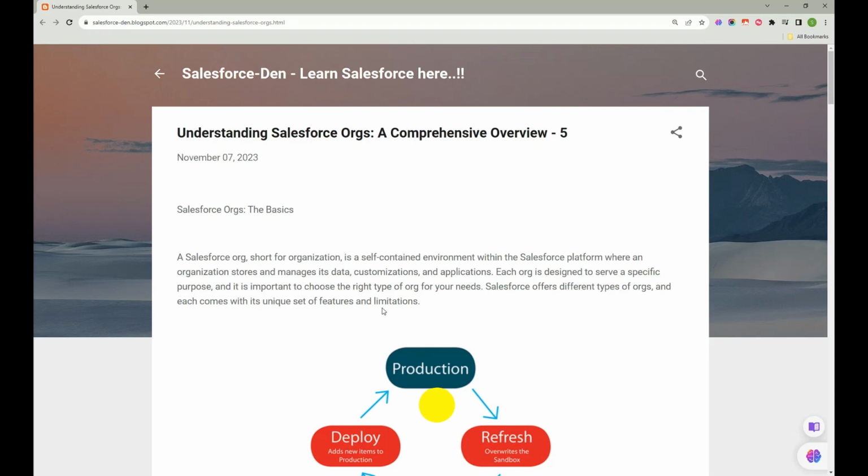So in our previous video we have discussed how to create a Trailhead org so that we can use it as a playground and we can practice over there. In the same way, there would be some kind of instances